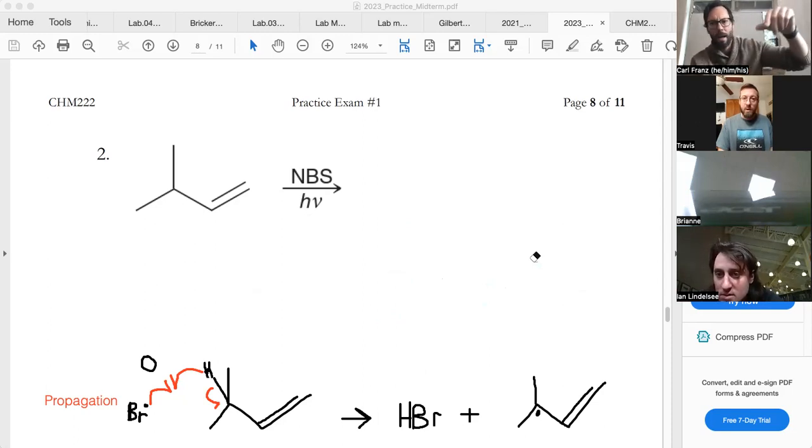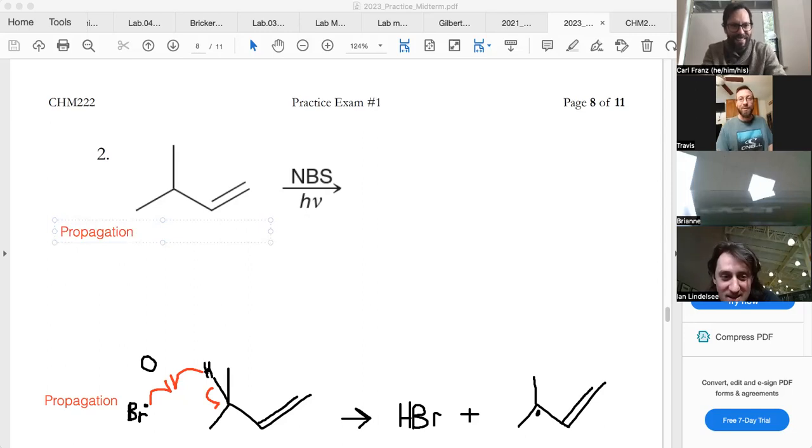Initiation and write, or maybe just draw something and write the bromine and just show that it goes and creates a bromine free radical. Okay. Cool. I could write that all you want. Sorry, that was low hanging fruit. And so now the next step would be that the bond can shift.